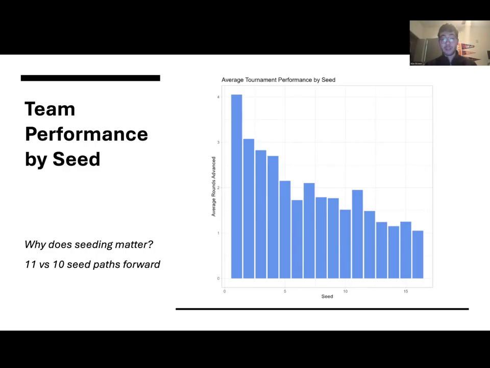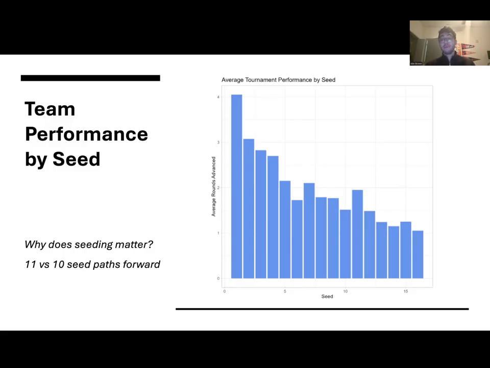So obviously you can see 1 seeds advanced by a much higher margin of rounds per tournament run than any other, which does make sense as we'll talk about in a second. And then we have this category from 2 to 4 that are around the same. Then we have the 5 seeds, 6, 7 seeds, 8, 9, the 10 seeds. And then we do see a little bit of a spike in the 11 seeds. And this is something that I think is interesting, which is that not always is being the higher seed preferable.